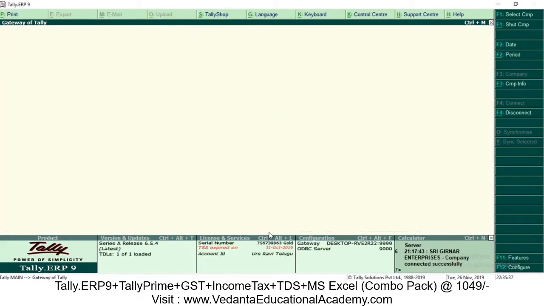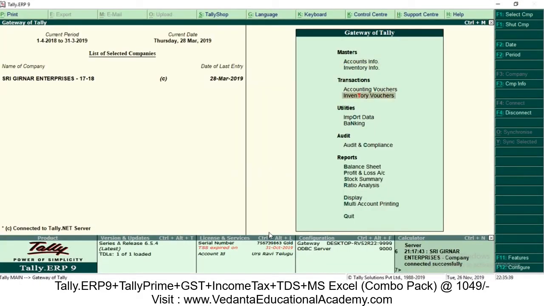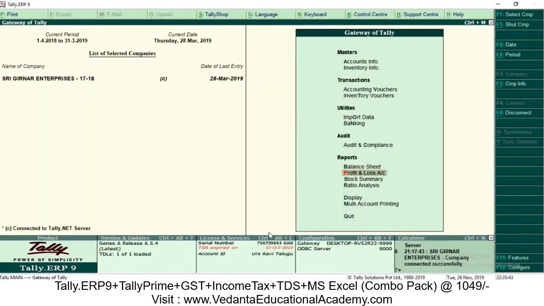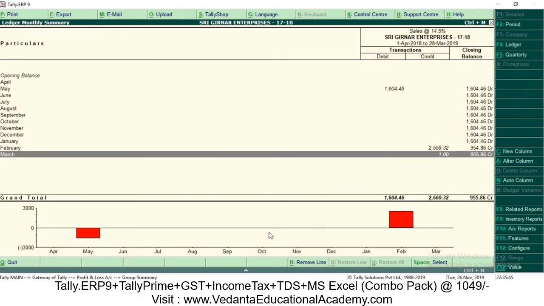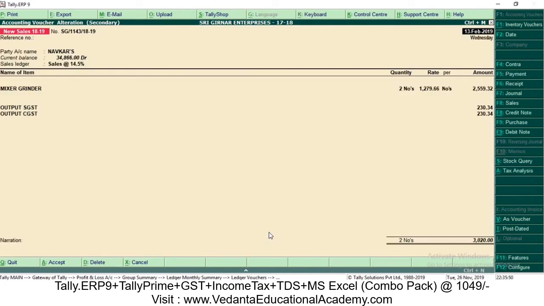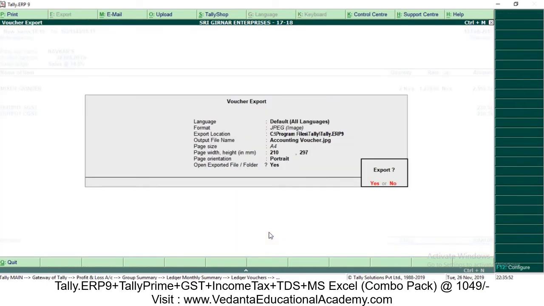Likewise, not only this report, for example, if you want to export your sales register, or your purchases, whatever you would like to export, just open the report page and directly, wherever you are, just press Alt plus E. You can even export an invoice. Wherever you would like to export from the report location, directly press Alt plus E to export the data from Tally to different formats. This is how we do it. That's it for this video.